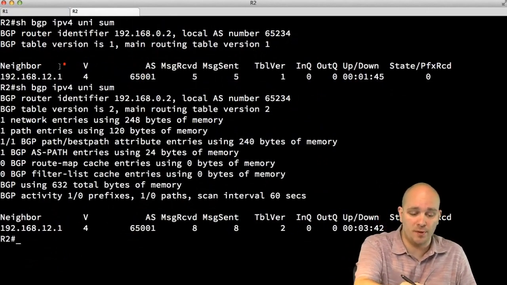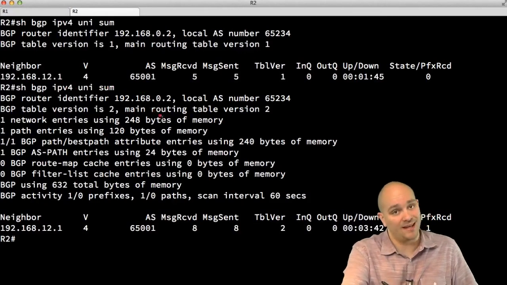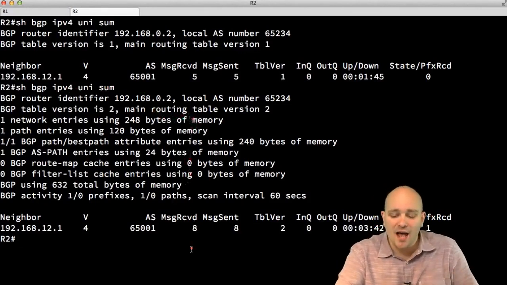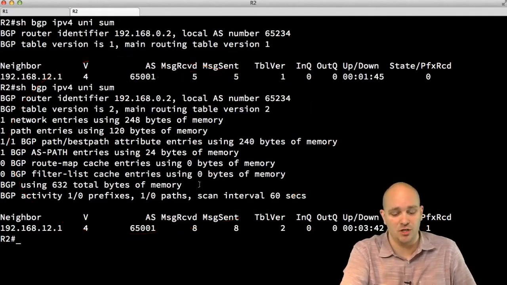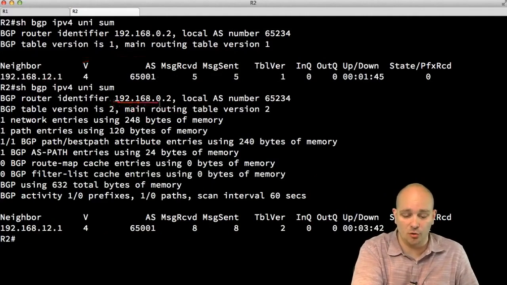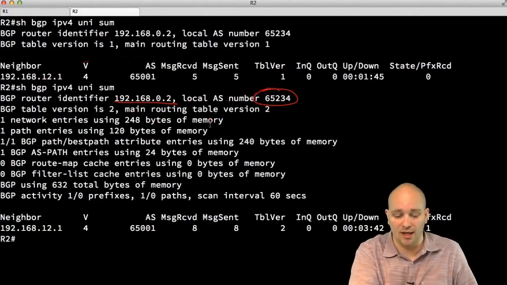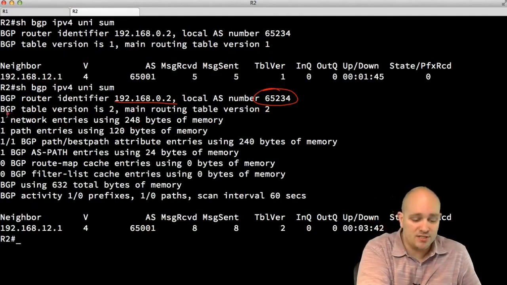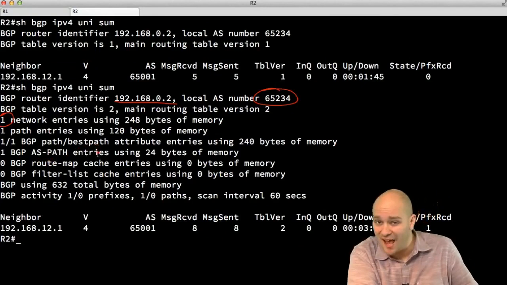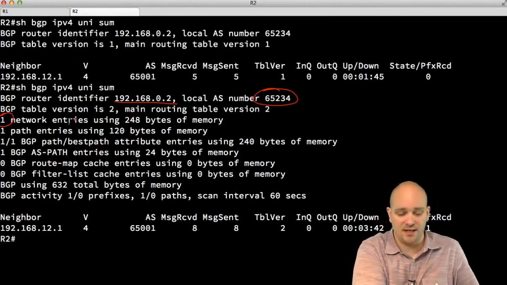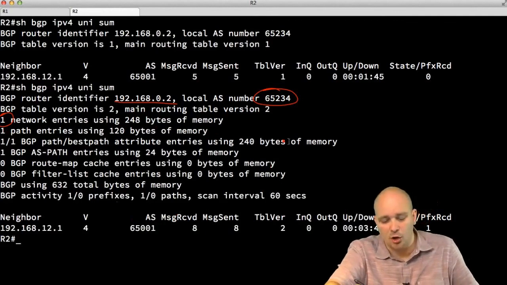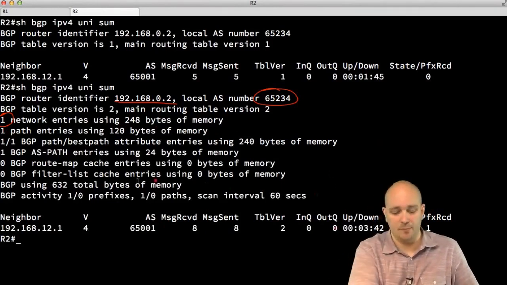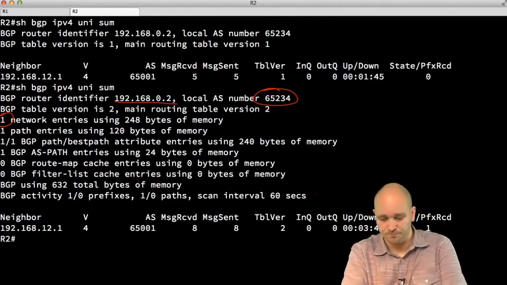Now we can see that the output of show bgp ipv4 unicast summary is a little bit longer, because now there is actually something in the BGP table. So we are going to have all this header information here. We're going to have information: what is our local BGP router ID, what is our local AS number, the table version and the main routing table version, you don't care about that. You're going to see how many network entries we have in the BGP table, and we can see how much memory it is consuming. We are going to see how many paths we have, etc. So we're going to see a lot of information about the BGP table. But more importantly here,